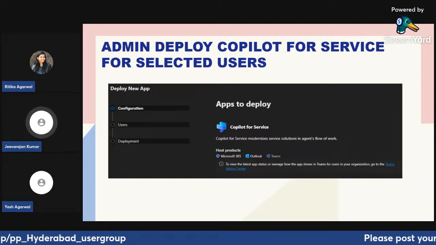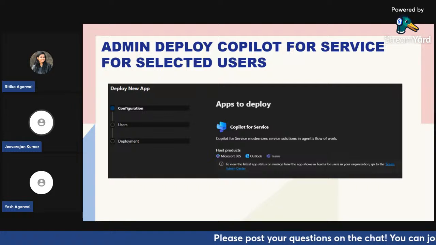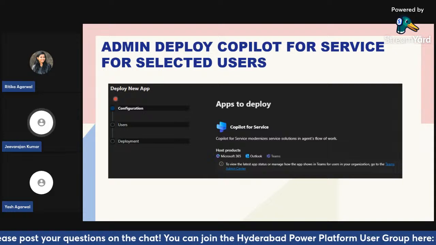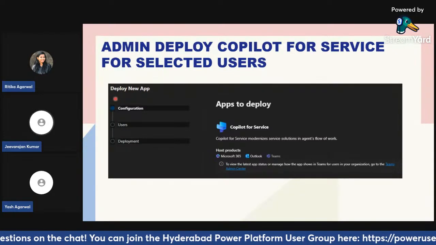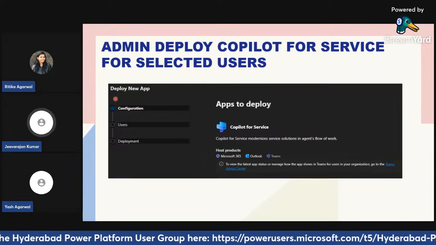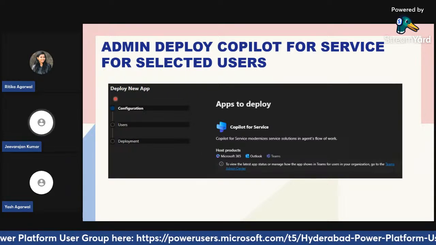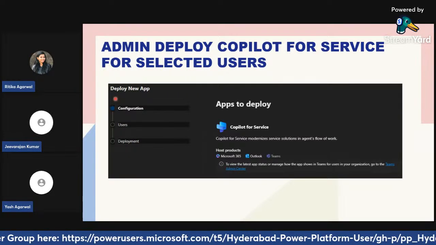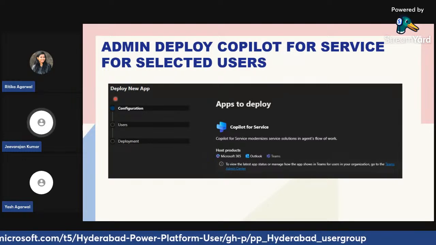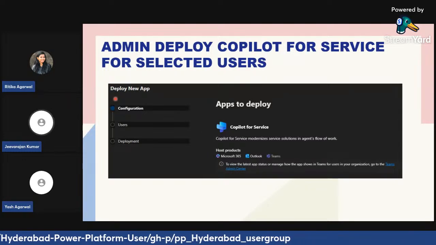So to deploy this, these are the settings that we need to do. For example, we first go into the customer service settings in D365. Then under the Copilot settings, you basically enable this Copilot. And then to use this, you also use the user permissions options to assign access to the specific user or the teams. This allows the admins to roll out the Copilot for Service, and that will give the designated agents the ability to use the Copilot.